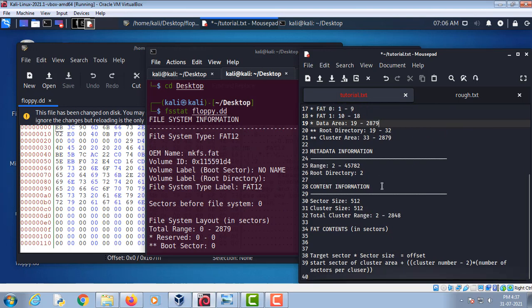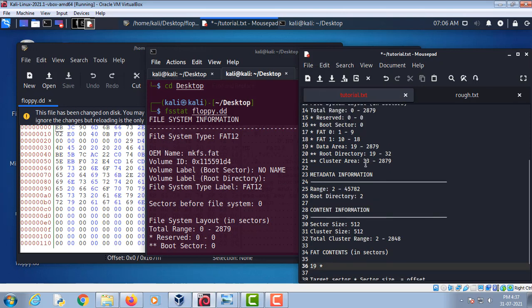So first of all we have to find out the data area, from where the data starts in this FAT file system. The data area starts from sector number 19. So we will copy this 19 and we will multiply this with the sector size to get the offset of the data area.